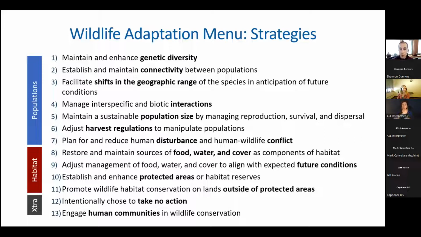So more thorough documentation of climate change risks and more thorough explanation of how you as a company are going to adapt to those risks. We think our adaptation workbook as a planning process and the menus can help forest industry develop those adaptation plans. And so we've started some new efforts under the banner of those certification standards to help people have that discussion and to do that planning.